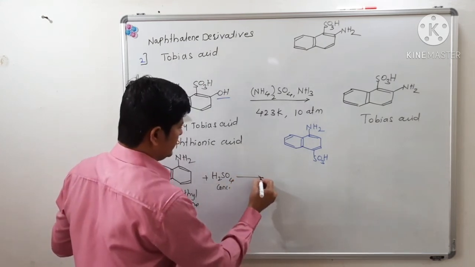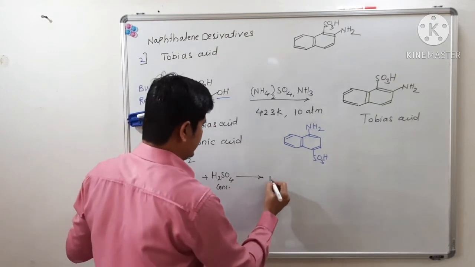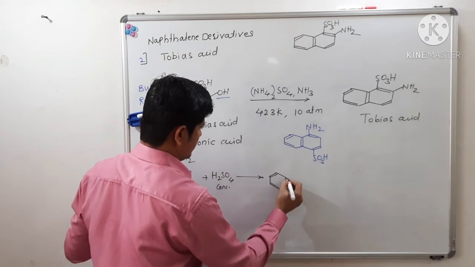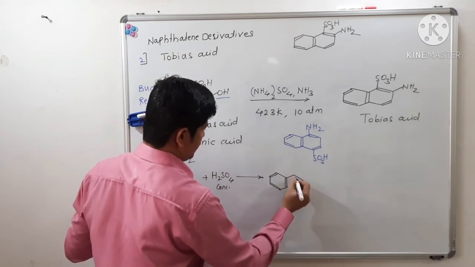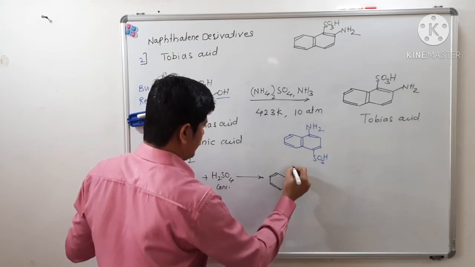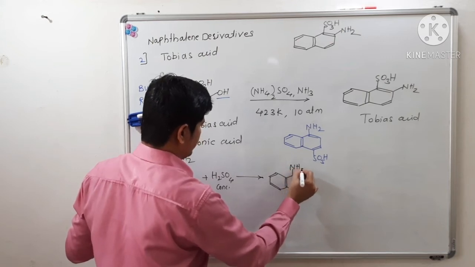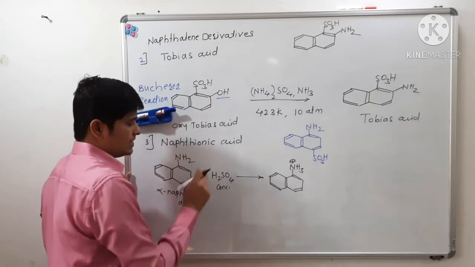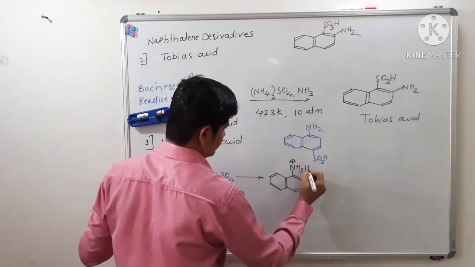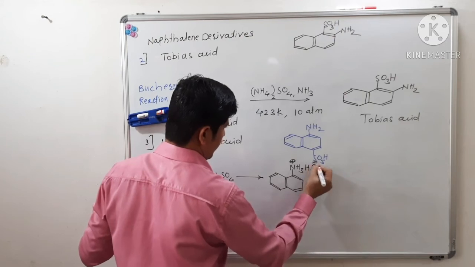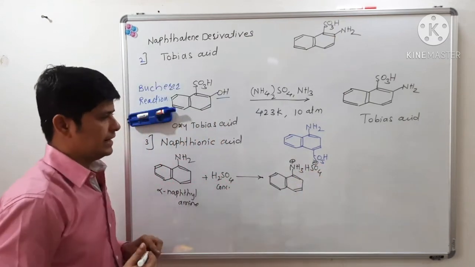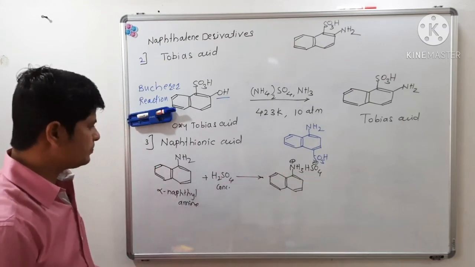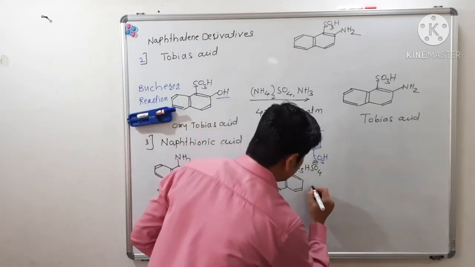So what will you get? You will get a bisulfate derivative, that is a salt, a salt of this amino group and this acid. So what we will get is NH3 plus HSO4 minus. Now in the next step we will heat this product